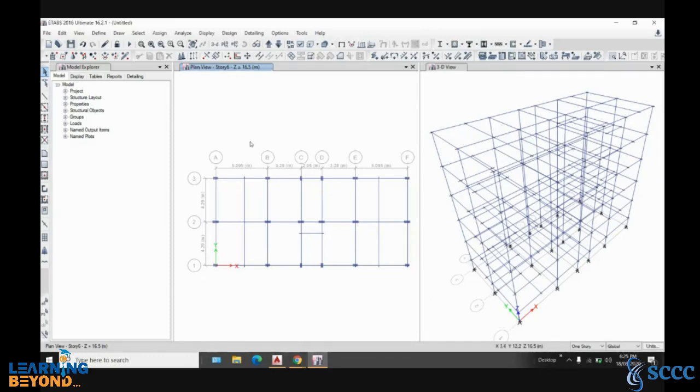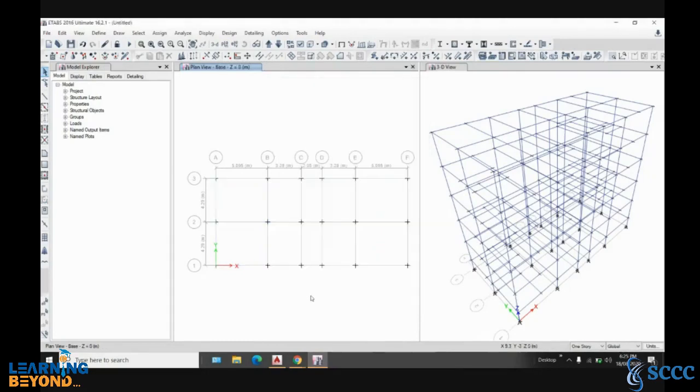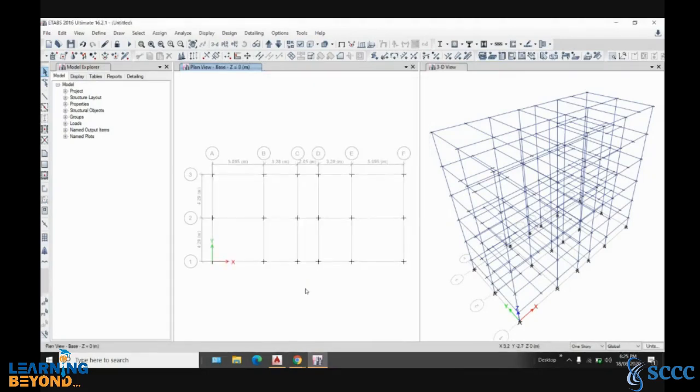Now what is left? The support conditions. So click on elevation or go to plan and go to base and click OK. Now here you are having the supports and see that one story option is on, and select all joints by cross window.